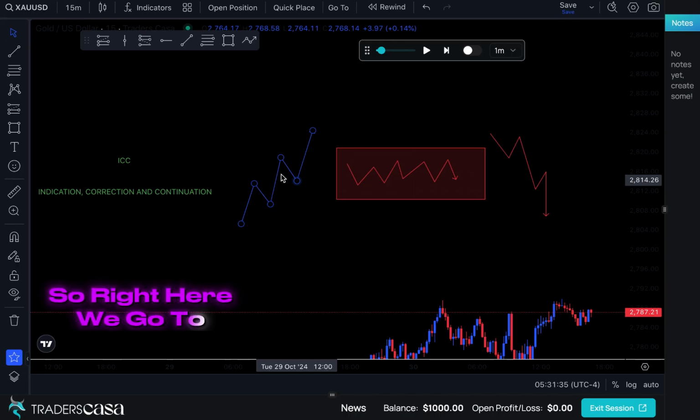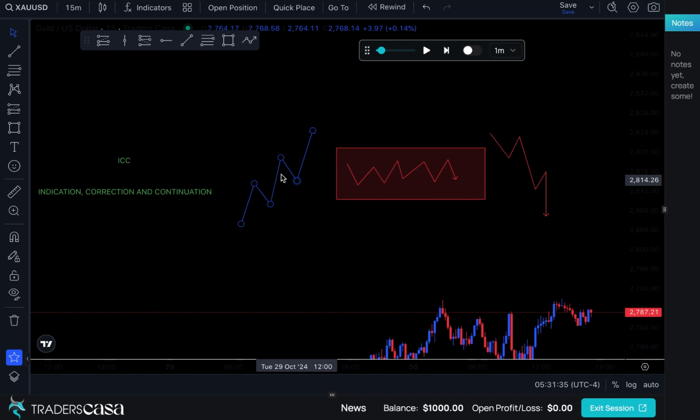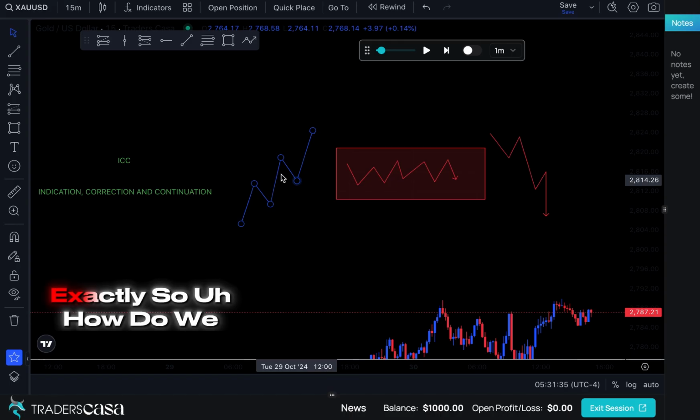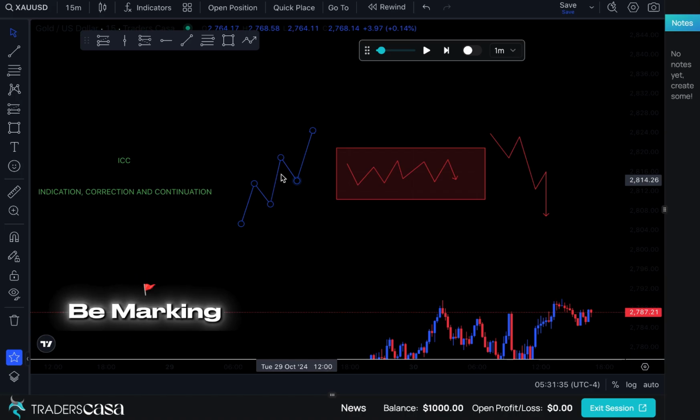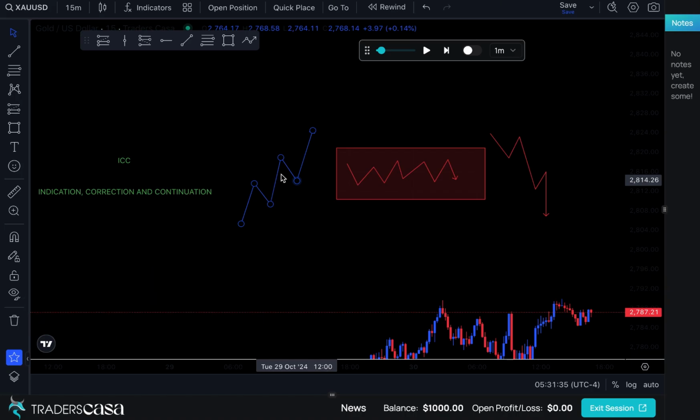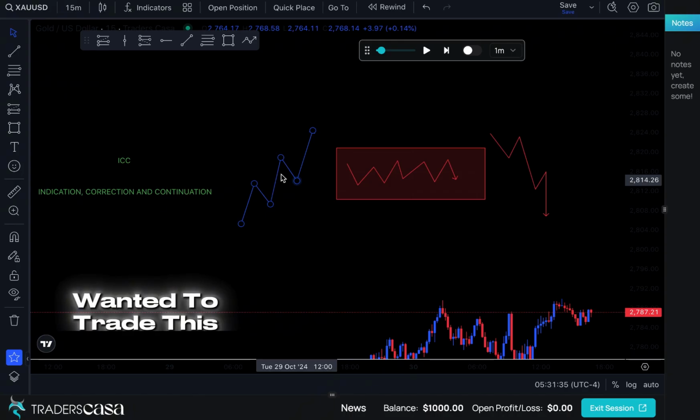So right here we'll go to the 1 hour time frame. Right, we are currently at the 1 hour time frame, but let's go to the 4 hour time frame to check our direction. Looking at the 4 hour time frame, you can see that the market is in an uptrend, right? Exactly. So how do we know that? This was a high, right? We are going to be marking current highs. When you come to the market, look for current highs. For example, on this day, now if I wanted to trade this day,